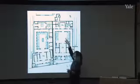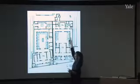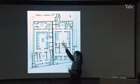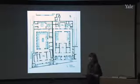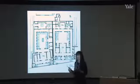So they're almost talking to one another. There's a kind of dialogue, an architectural dialogue between that smaller triclinium and this larger triclinium across an open courtyard. Of course, an open courtyard. So here we see again the triclinium beginning to emerge as the single most important room in the house, which